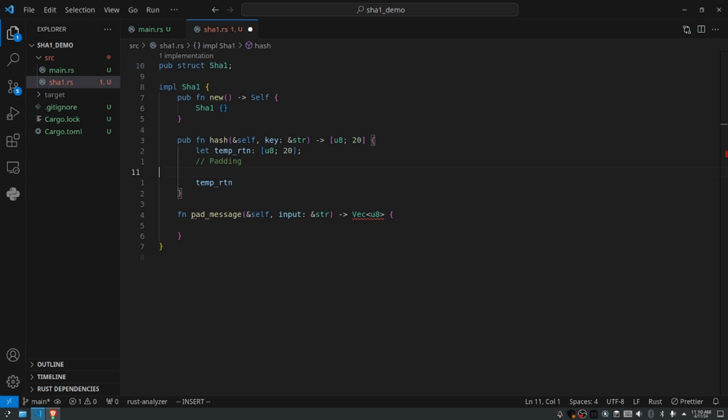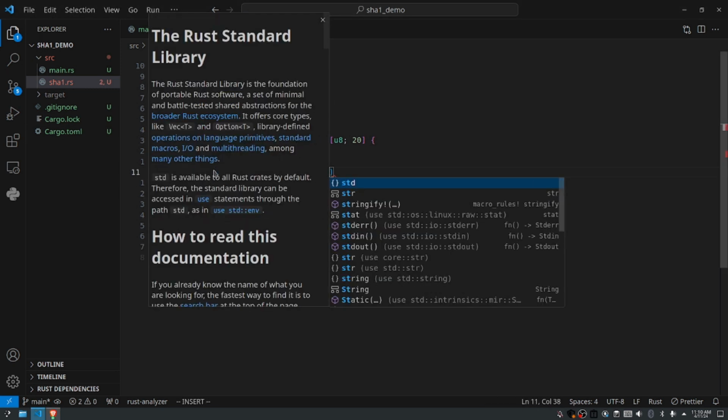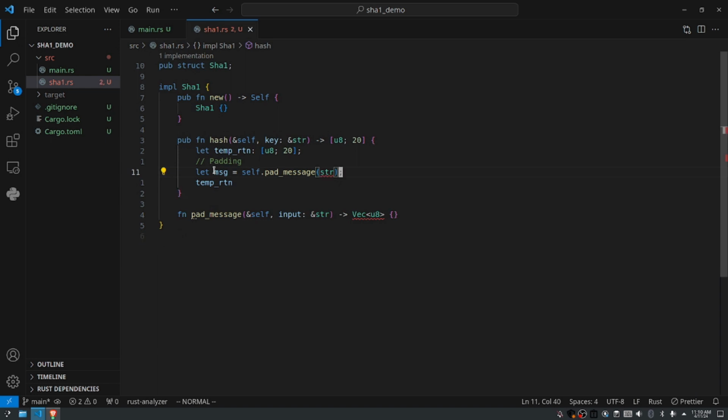So to do that, I am going to go ahead and call this function, and I'm going to pass in a string to it. Oh, sorry, I'm passing key to it. And let's do some work. Okay, so first thing we need to do in order to do this is we need to